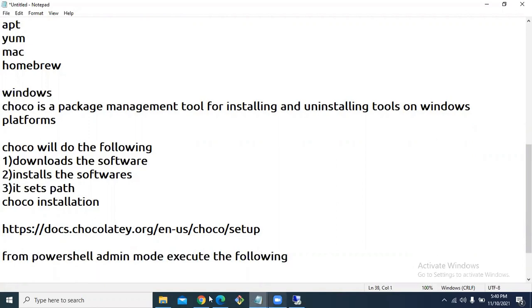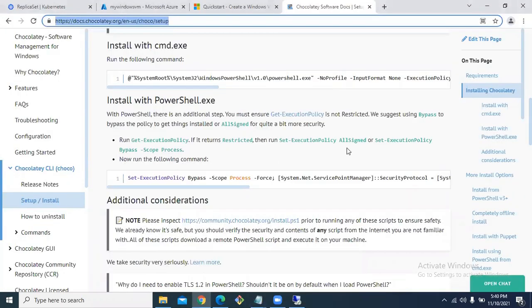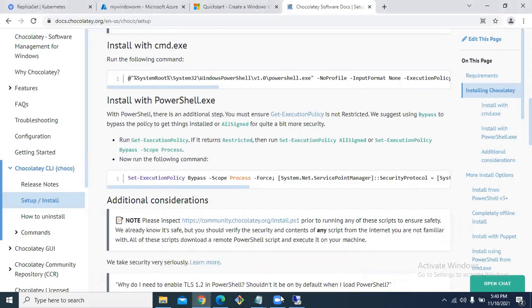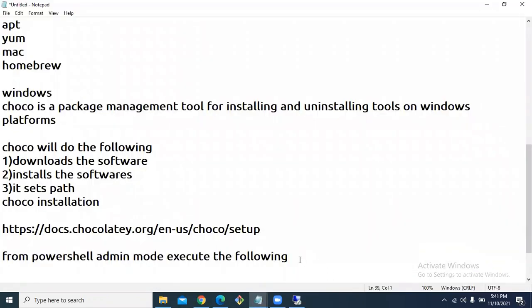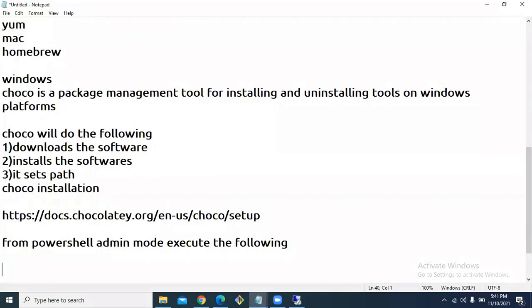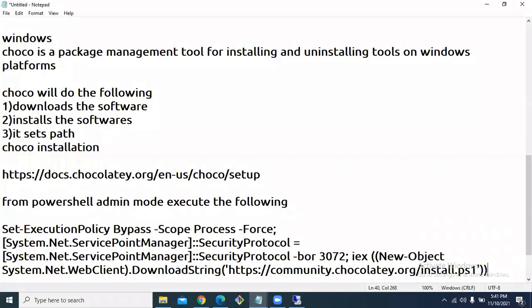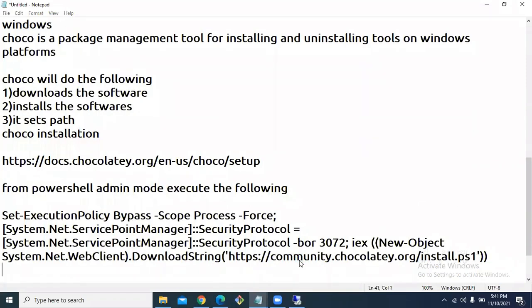What do you have to execute? This is the command you have to run. This is a PowerShell script. You need not know PowerShell. This is the thing you have to run. Now let me save this.